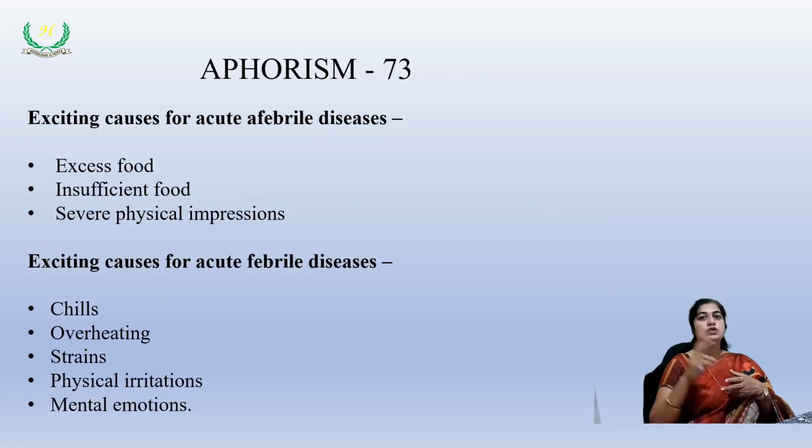Again, we have two types of acute individual diseases. One is acute febrile disease and the other is acute non-febrile disease. Now let's discuss exciting causes for acute non-febrile diseases. They are excess of food, insufficient food and severe physical impression. And we know very well that they can be taken as indisposition because whatever is lacking you will just have to supply. But when this excess of food has become too much and that has pushed you into disease, which you found is not getting all right by taking less food or by being hungry or by giving rest